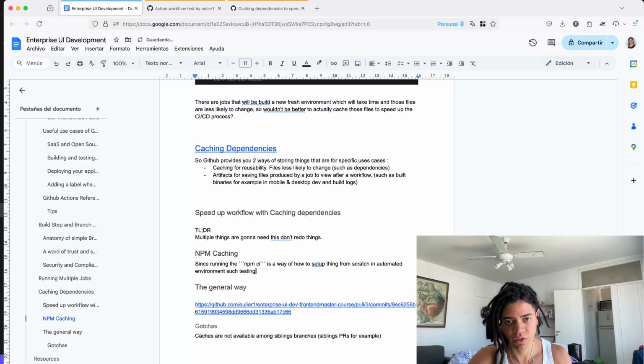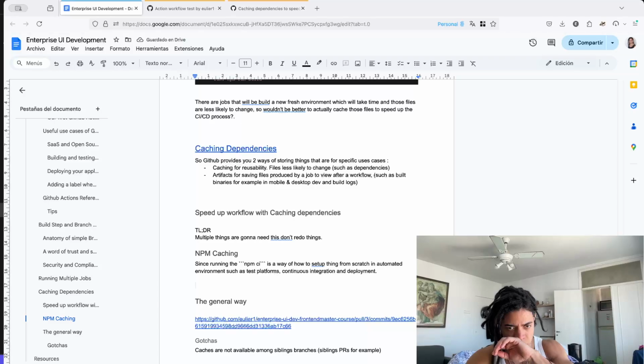Test platform, continuous integration and deployment, okay. Here we have AWS, Azure, that kind of thing. Since npm CI is a way to set up things from scratch in automated environments, okay,